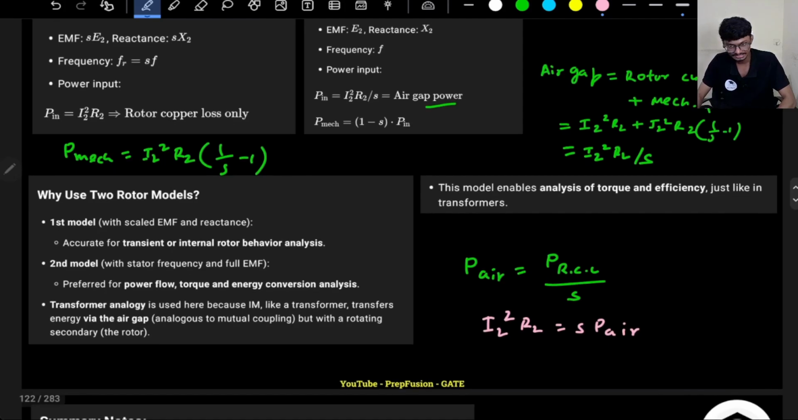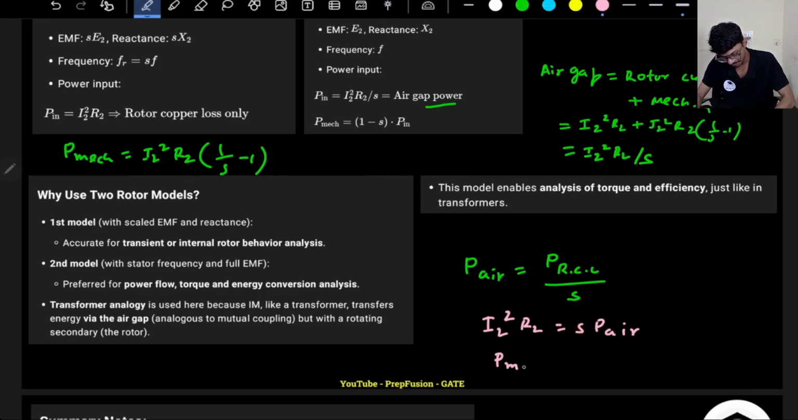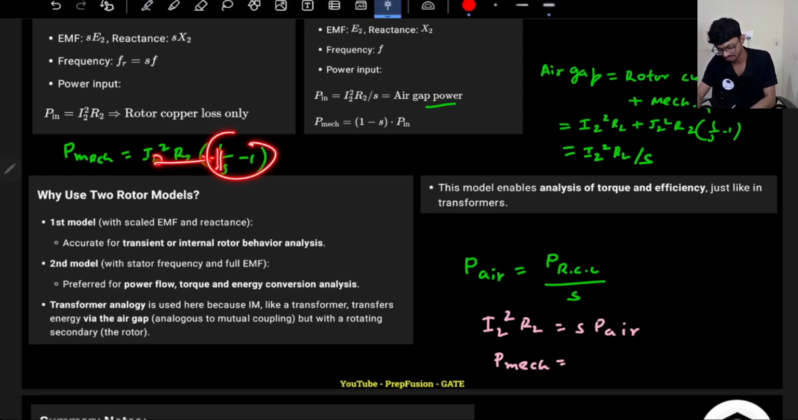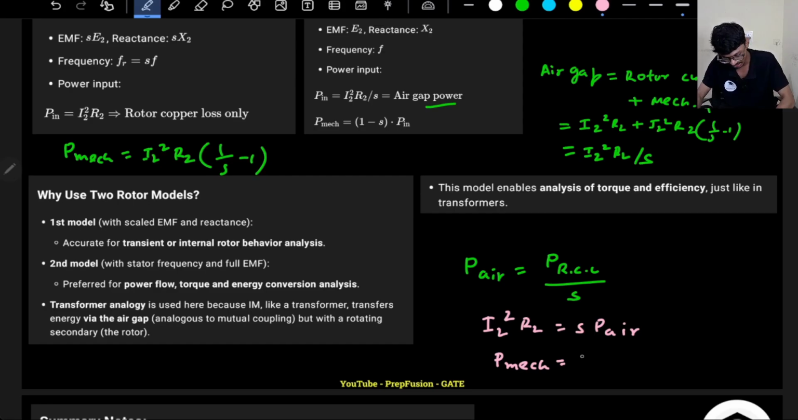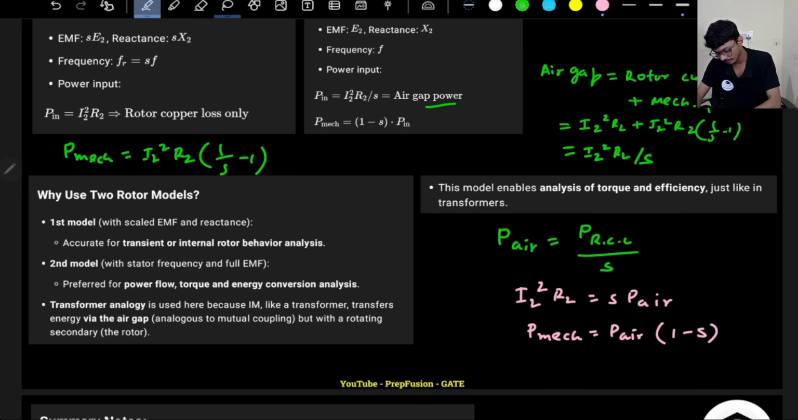Now I can replace this expression with S times P air gap. If I replace it, P mechanical becomes P air gap times S into (1 by S minus 1), that is 1 minus S. So it will basically become P air gap into (1 minus S). So we get a very famous relation, the ratio of P air gap to P rotor copper loss to P mechanical,